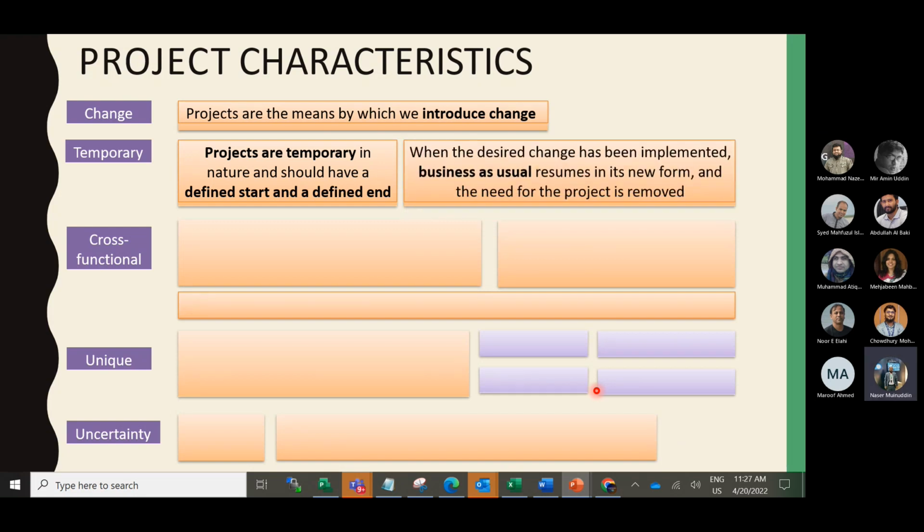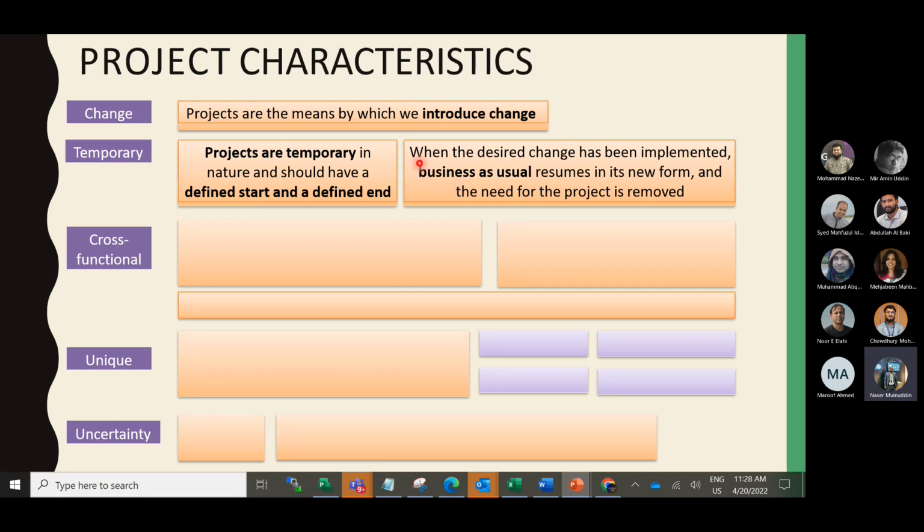And when the desired change has been implemented, the business as usual resumes in its new form and the need for the project is removed. For example, recently we completed one E&M project, right, which is actually an OSS modernization project at one of the customers. What happened? The legacy portfolio was there, and we introduced our new product, which maps according to the roadmap.